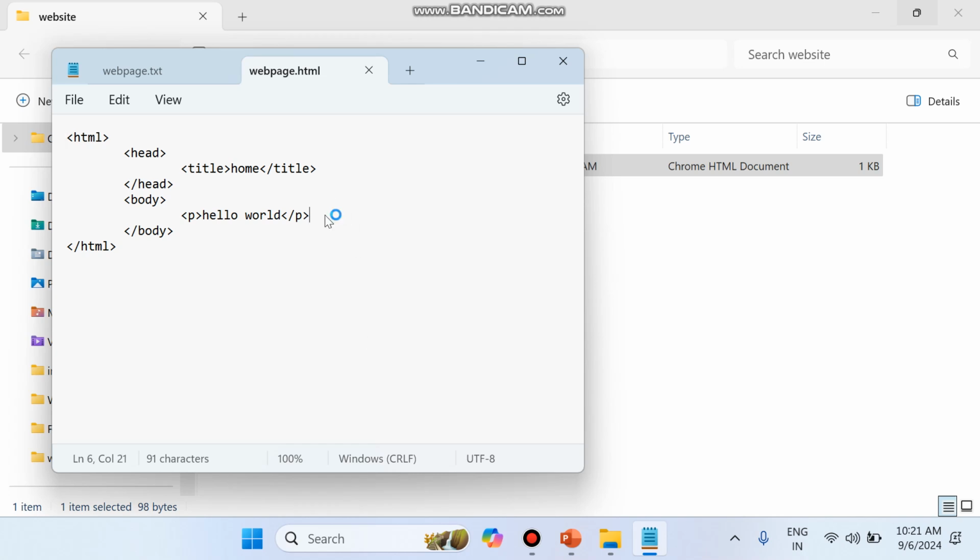Now suppose I want to add another paragraph. I just copy this and add one more paragraph. And even over here I need to use the spaces, right? It's time wasting. But when we are using VS Code, there is no need to use this kind of space. Our VS Code automatically understands the structure, and it will automatically help us write this code. Now let me